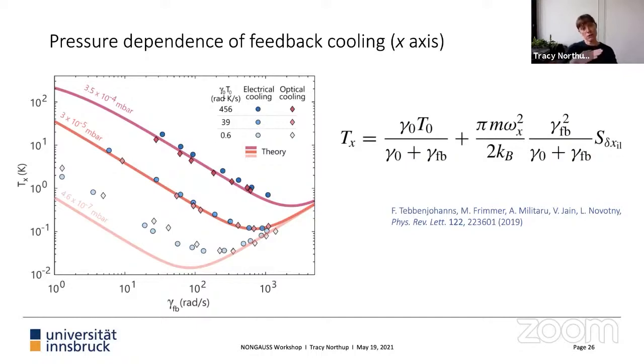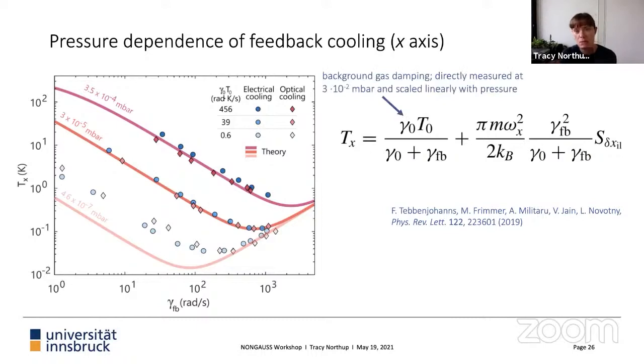And so why do the theory curves go down and then go up again? On one hand, you're limited because you're not feeding back enough. So the x-axis is essentially the feedback gain. As you crank up your feedback gain on the x-axis, you increase your feedback signal, you cool your particle better and better, more effectively. But at some point, as you keep cranking up your gain, there's a back action, and then your curve starts to go up again. That's what you see most clearly with the light pink, the lowest curve. It's a bit harder to see with the other curves, but they also turn a corner and start heading up as back action kicks in.